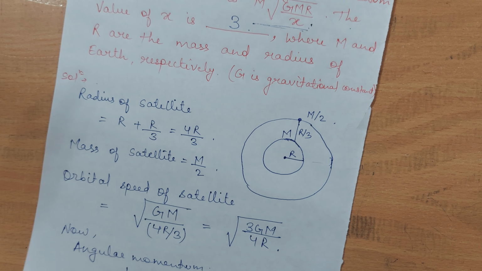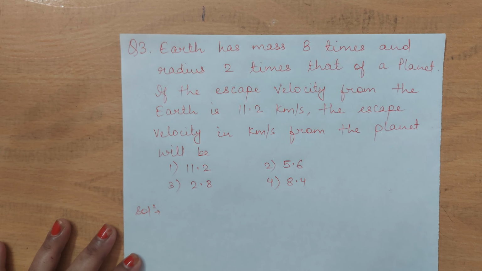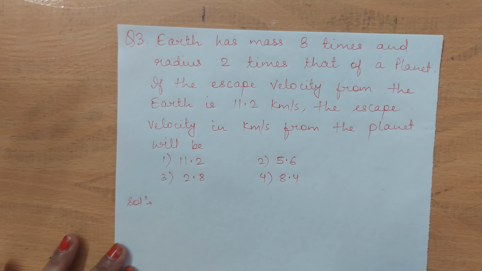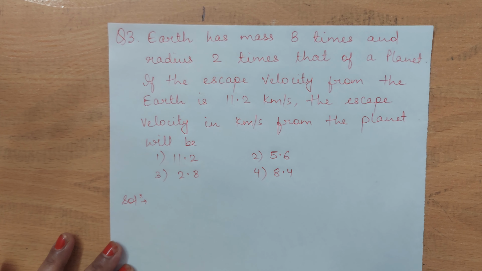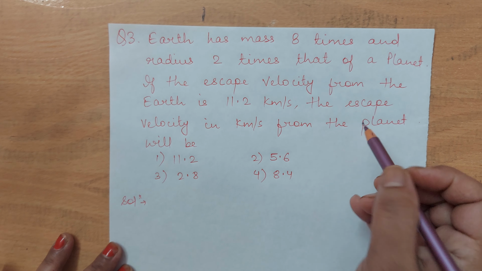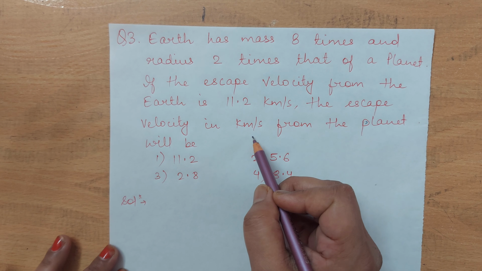Now next question. Earth has mass 8 times and radius 2 times that of a planet. If the escape velocity from the Earth is 11.2 km per second, the escape velocity in kilometer per second from